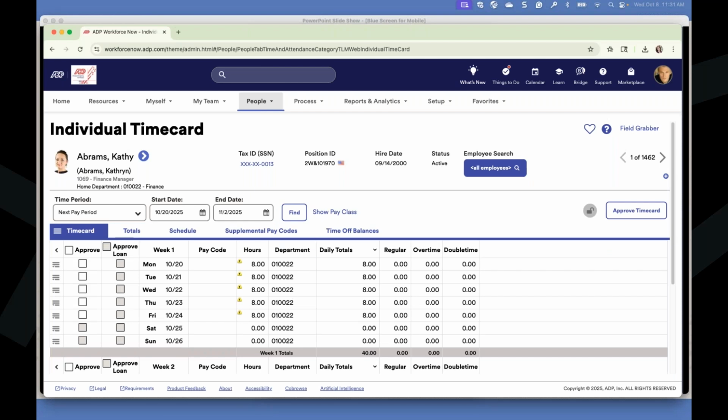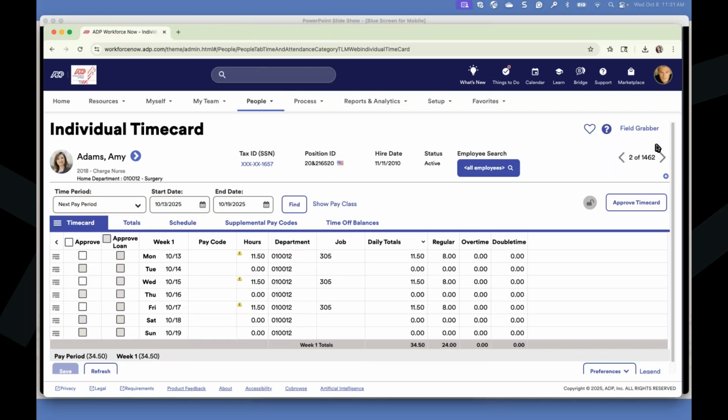I logged into a different department by mistake, so I need to go ahead and get that updated. Here's another view. Again, these can be a little bit different depending on how many different labor charge fields you're using: department, job, task, and so on. But here's another one. I have department and job.